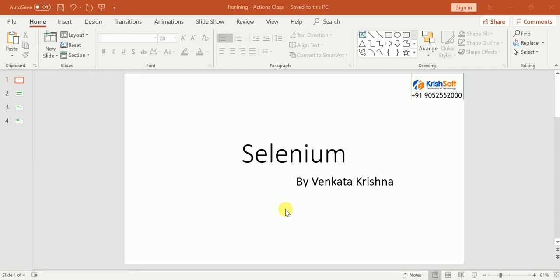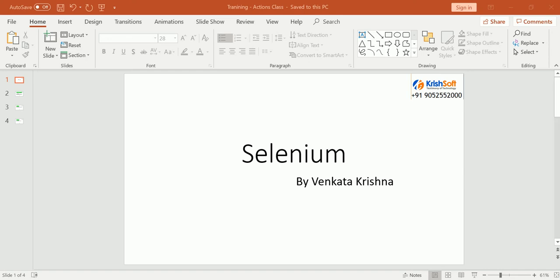In the Actions class, in the previous videos, we have seen how to perform the drag and drop operation or how to navigate to the menus by using mouse actions. Similarly, one more action I want to cover in this video. Sometimes, believe it or not, some applications may need us to perform a right click. How can we perform the right click on any control? That we are going to learn in this video.